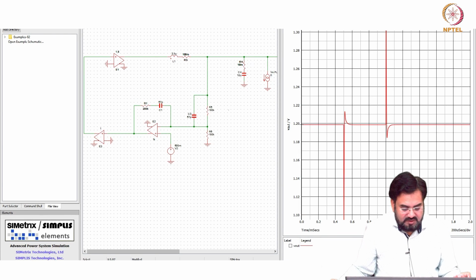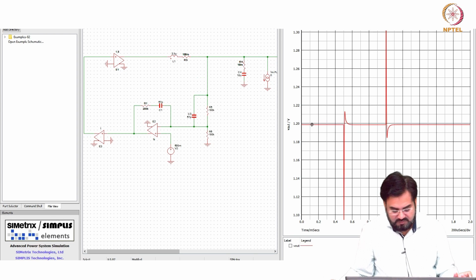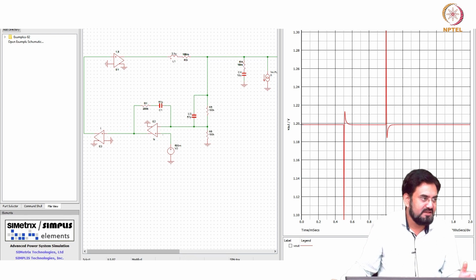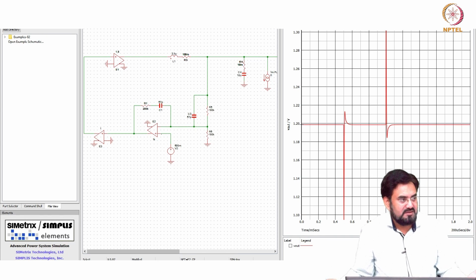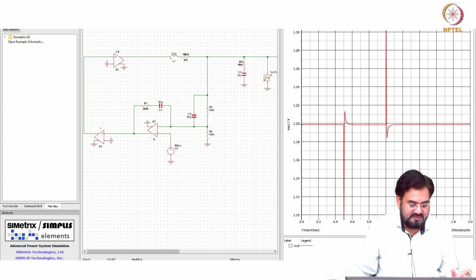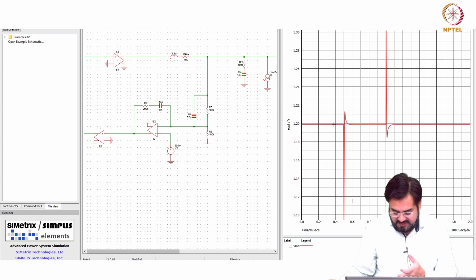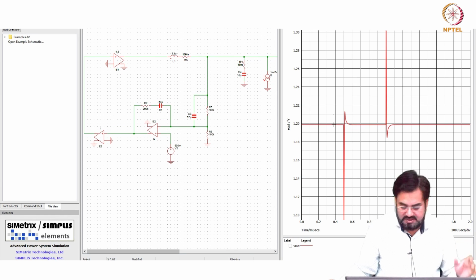Okay, so 0.6 volt, beta is half, so you should get close to 1.2 volt, and this error you are getting because I am putting a 60 dB gain here. So your DC output will have some error. If I increase the gain, then it will go closer to even. And that error is only 2 millivolt or so.